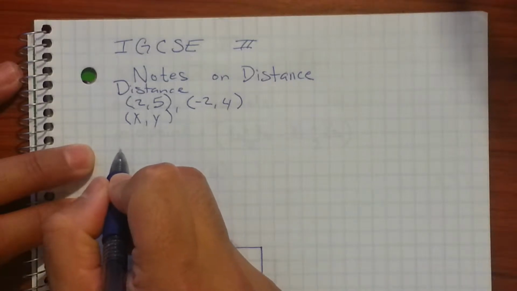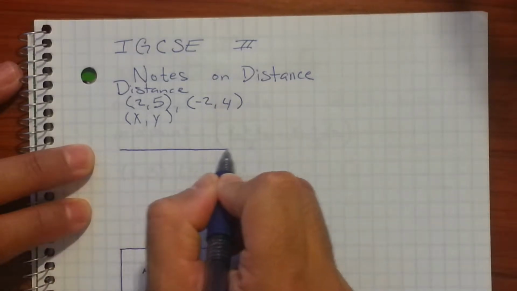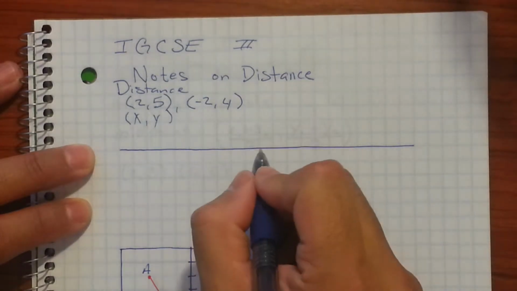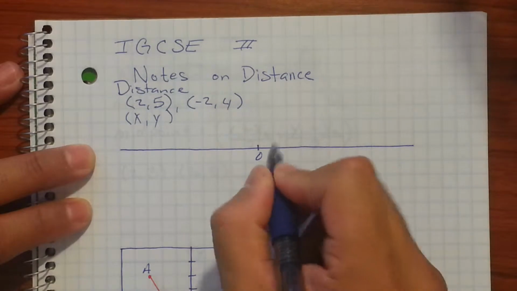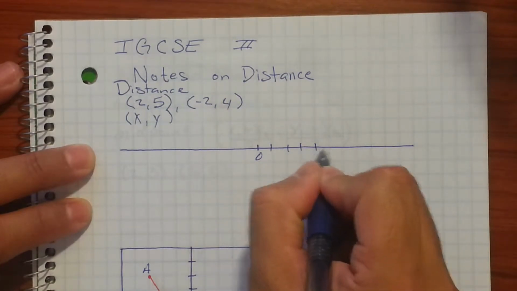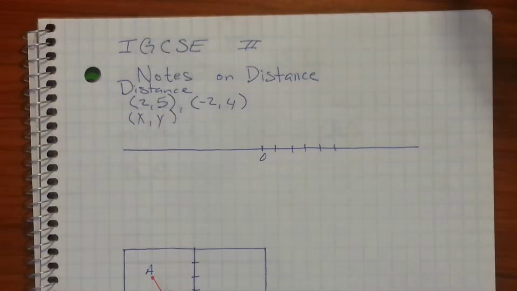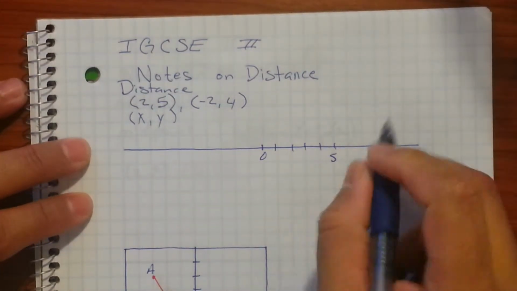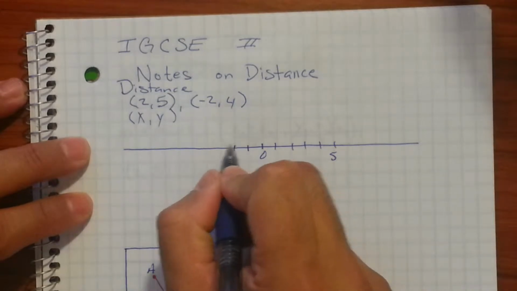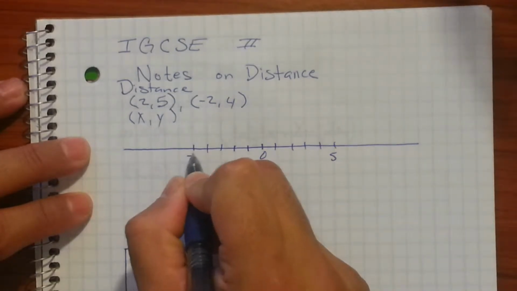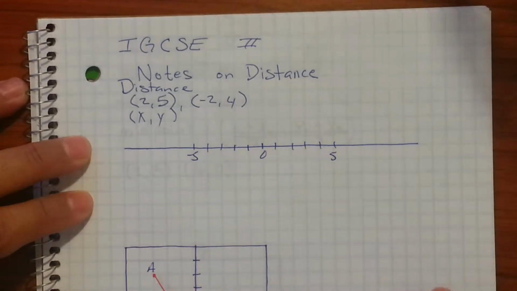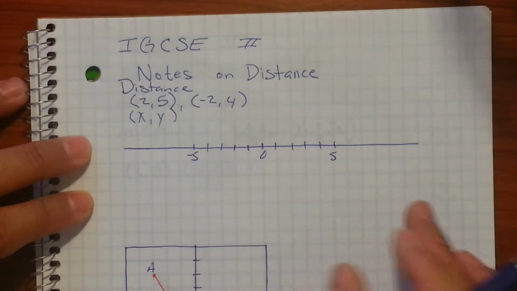So let's go ahead and find. We're going to make a number line here. 0, 1, 2, 3, 4, 5. 1, 2, 3, 4, 5. Negative 5 right there. So on this number line here, I'm going to use this to find the distance between my 2 points. Now, before I can do that, I need to show you what the